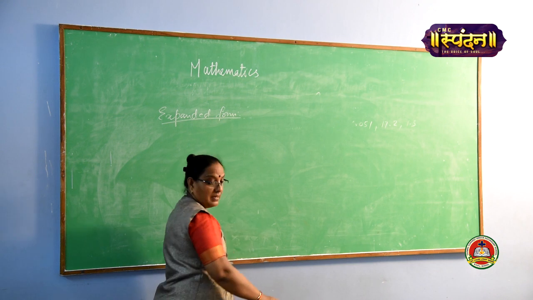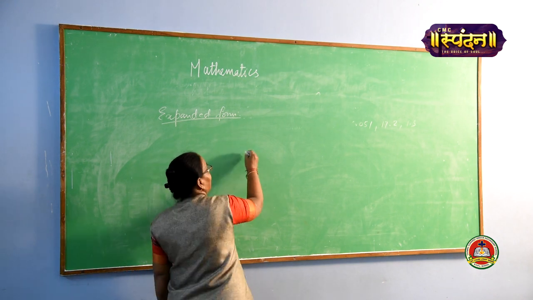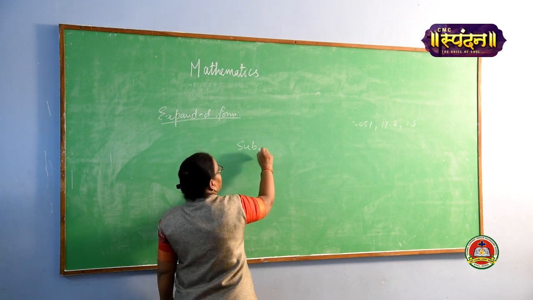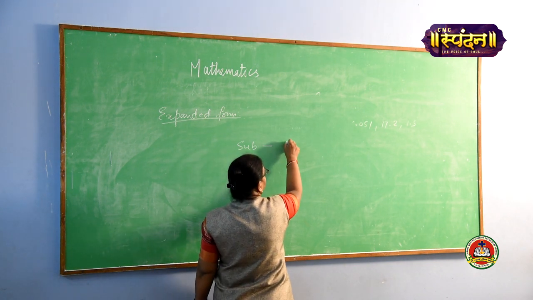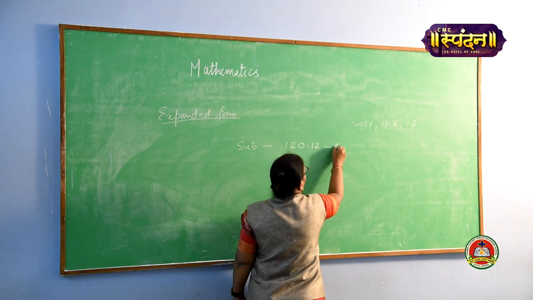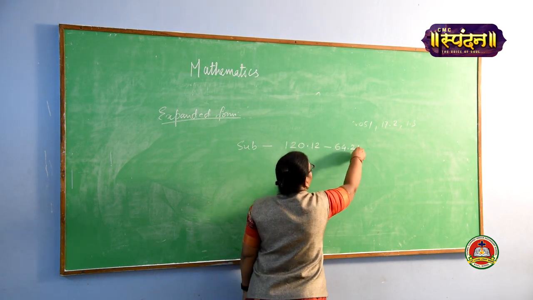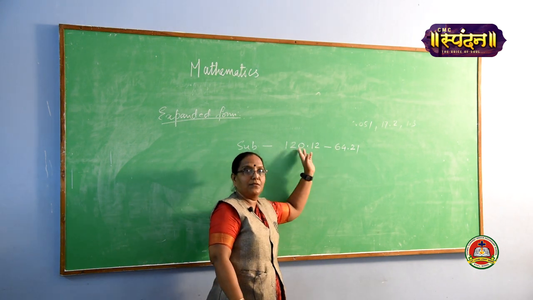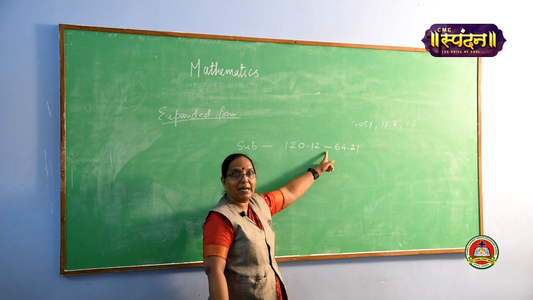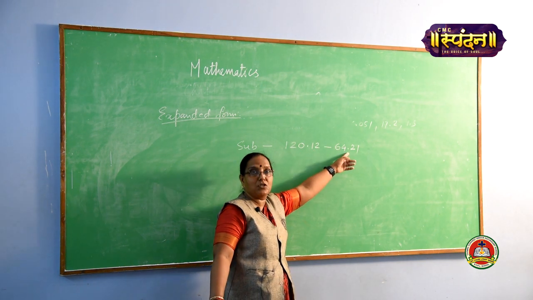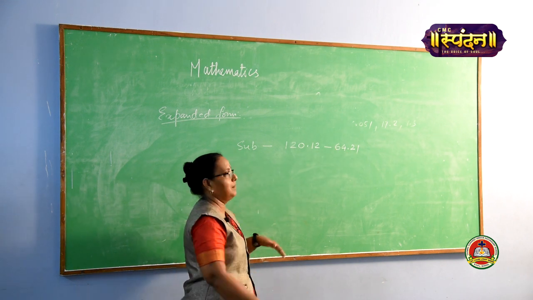Then the question is subtract. You know very well what is subtract. They are asking in two different ways. Subtract. Okay. Suppose the question is subtract like this. It is clearly mentioned that we are subtracting smaller number from the greater number, and they are using minus sign. So obviously this number you have to write at the top, and this number should be subtracted, so you have to write at the second place like this